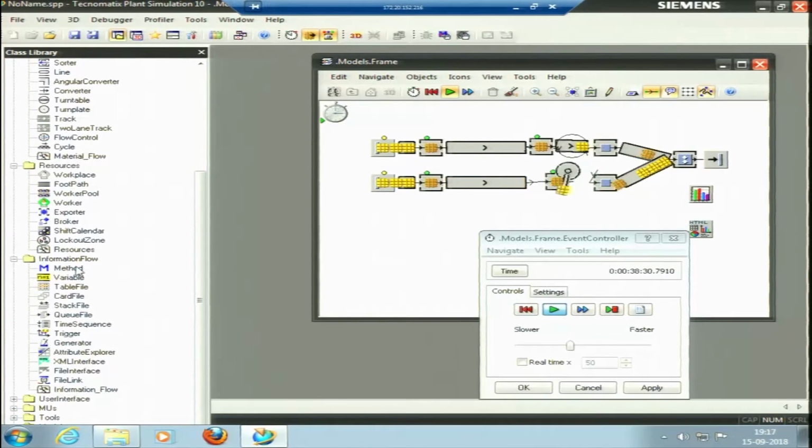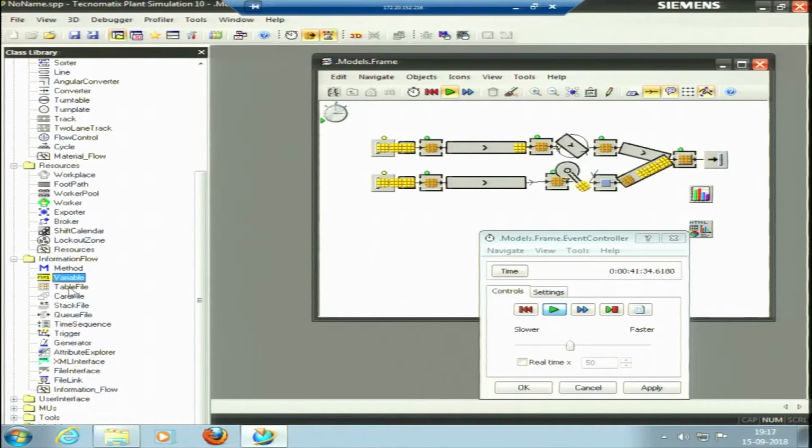Some of the information flow objects could be method, and then we have variable. Variable is when we can work on the source code. If I am saying that we can make our own objects, we can understand the code there. So, there we can add a variable. This variable we can declare as a local variable anywhere within the source code. Then we can start to declare our own variable with a keyword. Let me say one of the variables is known as maybe integer or track 1, track 2. We can name them anything we like.